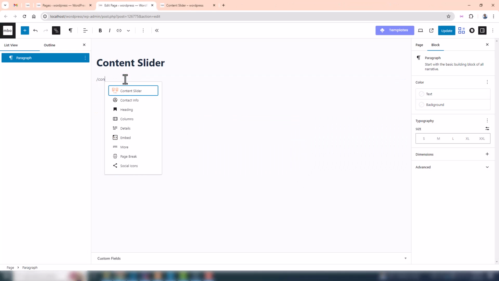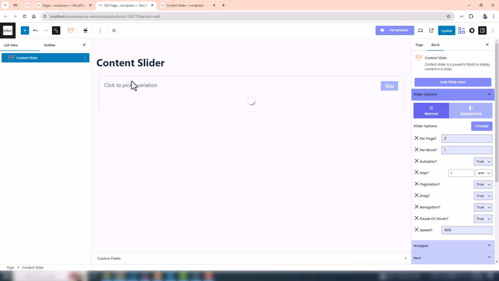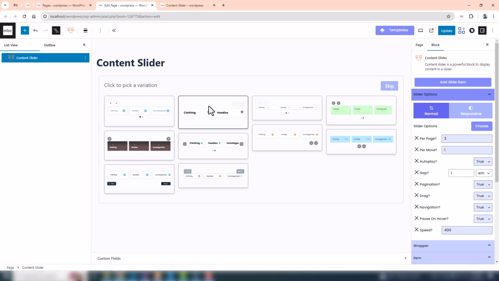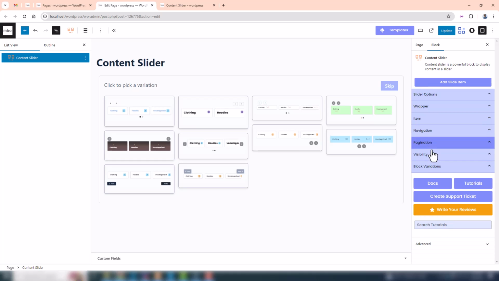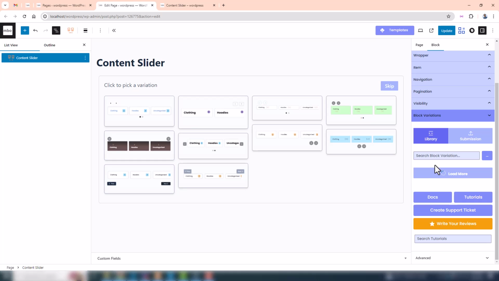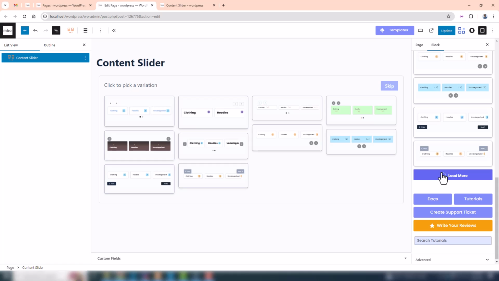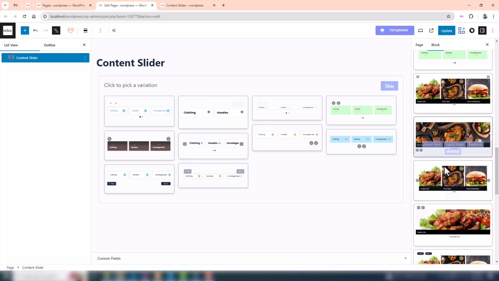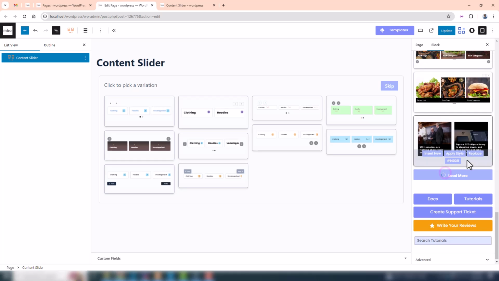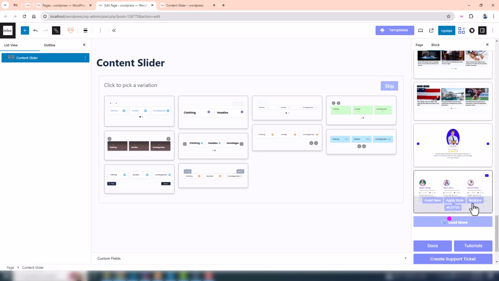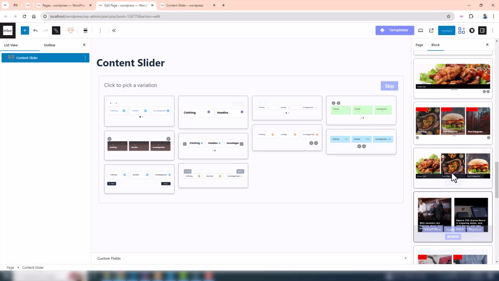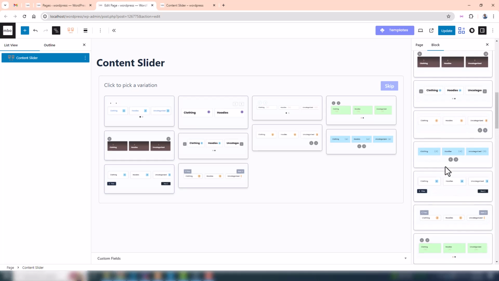But this is not the end, because you can create a post slider, term slider, taxonomy slider, testimonial slider, video slider, image slider, and many other things with our content slider. And you see the blog variations. We have added the taxonomy slider, product slider, post slider, and the testimonial slider. We will explain each of these types of slider in different videos,